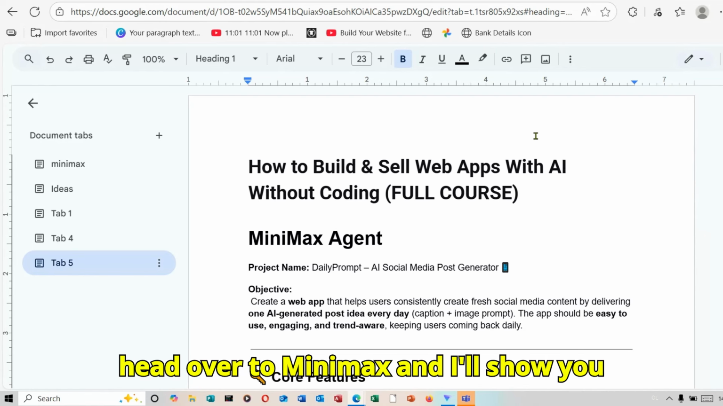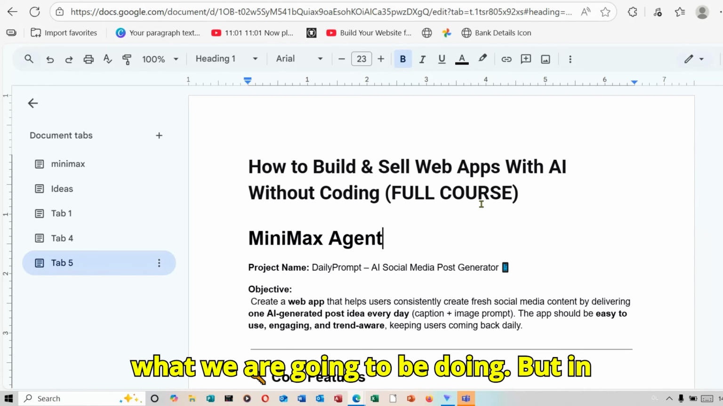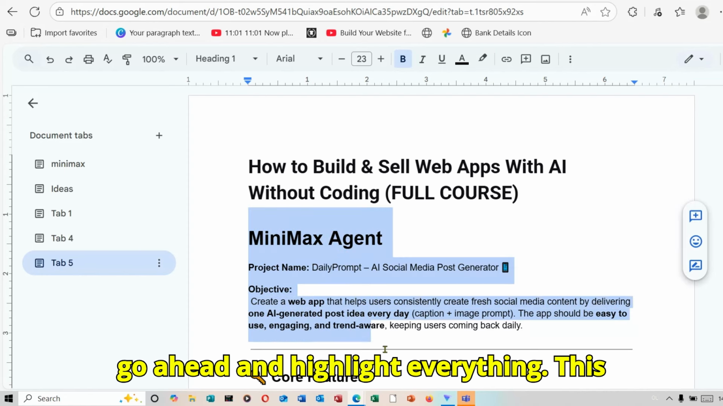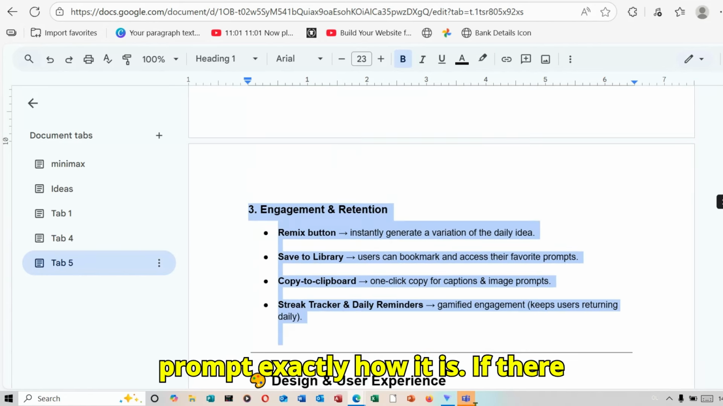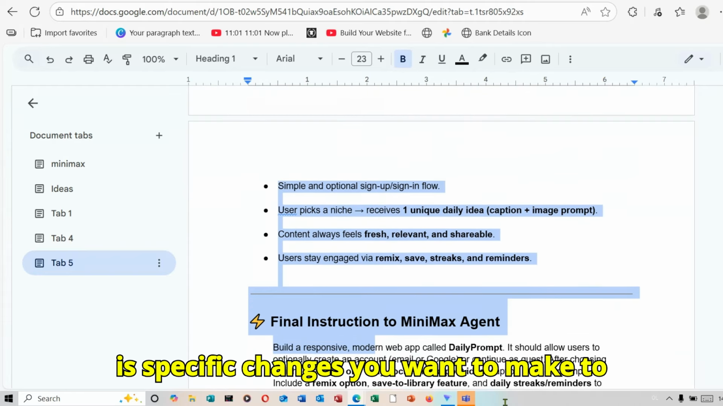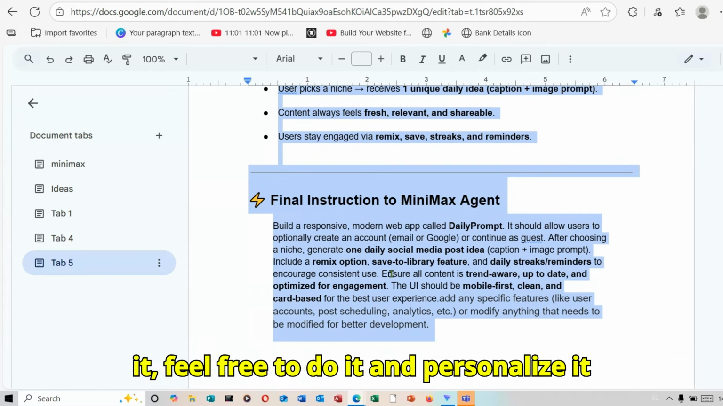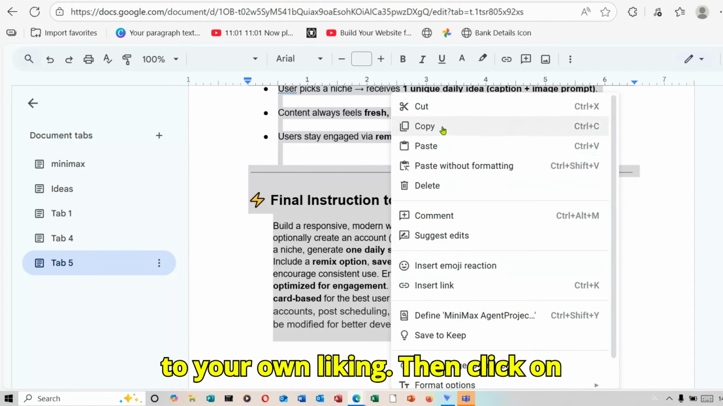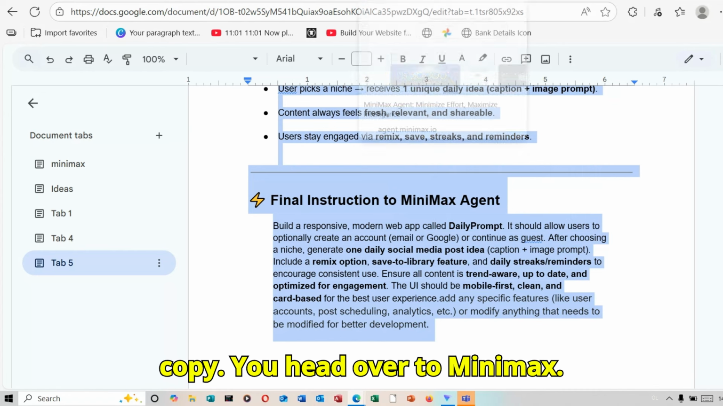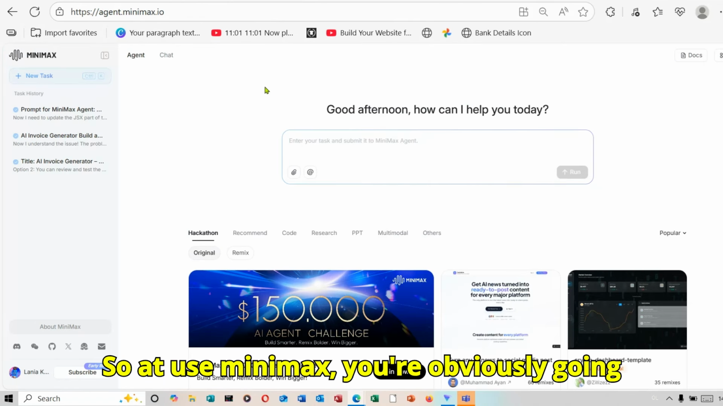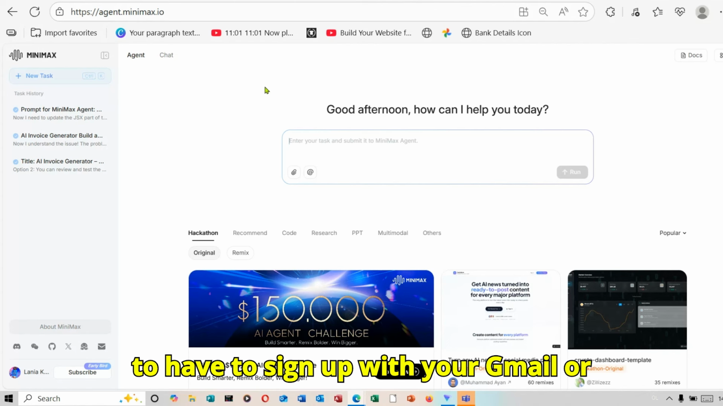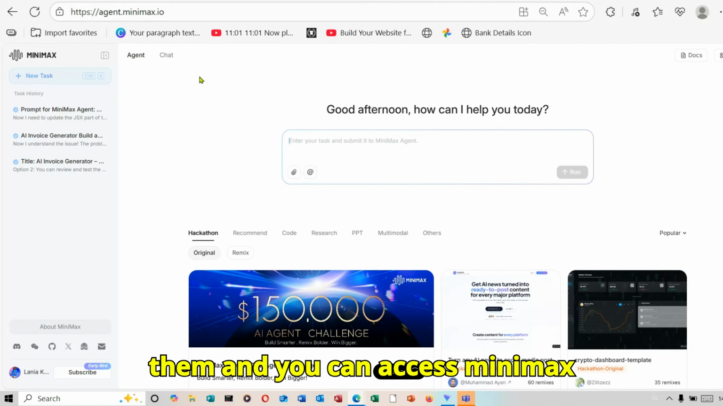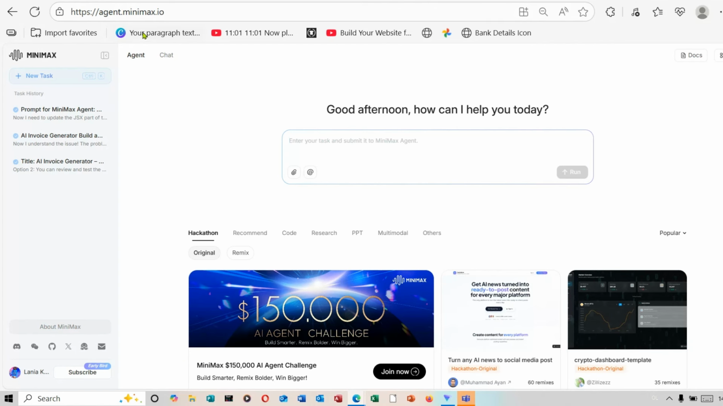Okay. So let's head over to Minimax and I'll show you what we are going to be doing. But in this particular case, I want you to first go ahead and highlight everything, this prompt, exactly how it is. If there are specific changes you want to make to it, feel free to do it and personalize it to your own liking. Then click on copy, you head over to Minimax. So to use Minimax, you're obviously going to have to sign up with your Gmail, or you will have to create an account with them, and you can access Minimax via